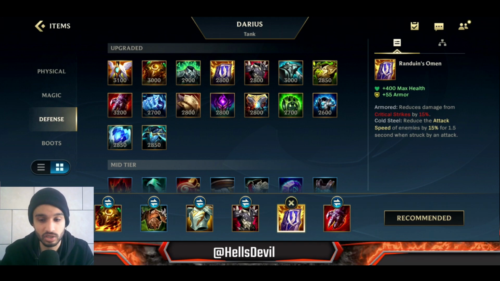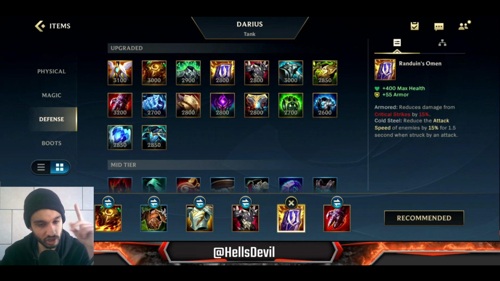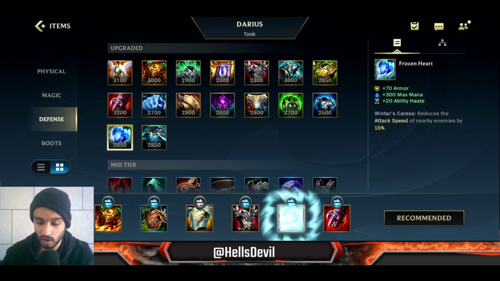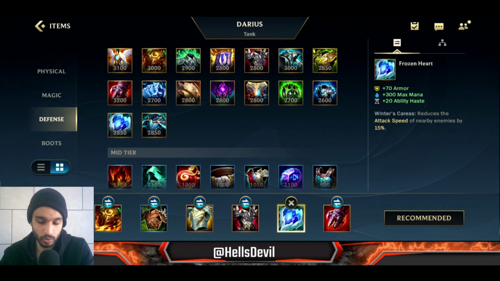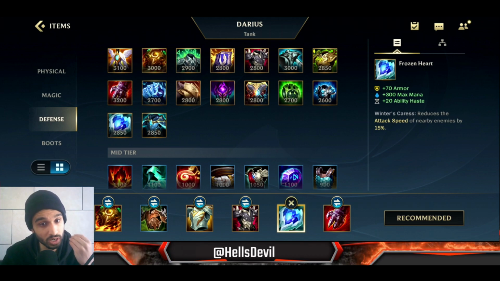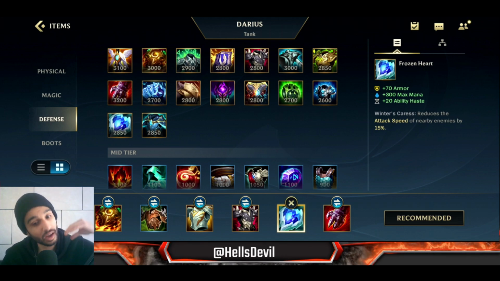Like if the enemy Jinx is completely fed, you still want to get a Randuin's Omen, even though it's 1 champion. But if the enemy Jinx is not really doing that much, you can choose to get a Frozen Heart as well, because what this item is going to do, it's going to reduce the attack speed of all the enemies around you, which is obviously really good for tank Darius, because you're going to be in the middle